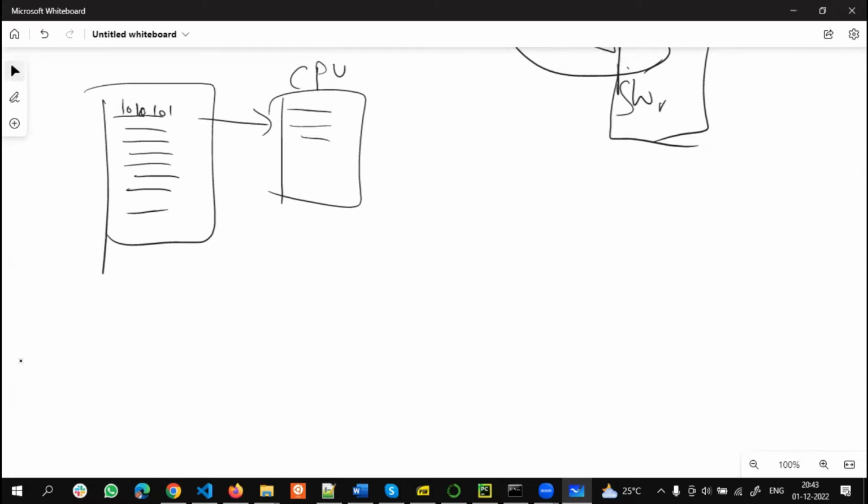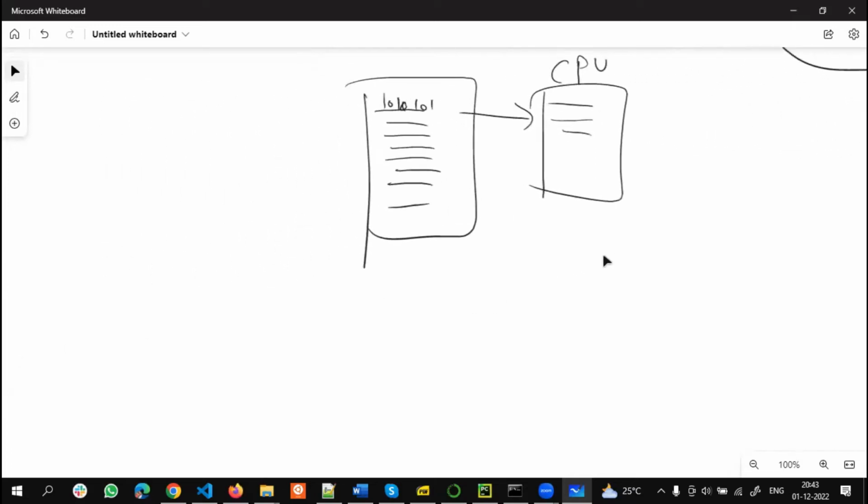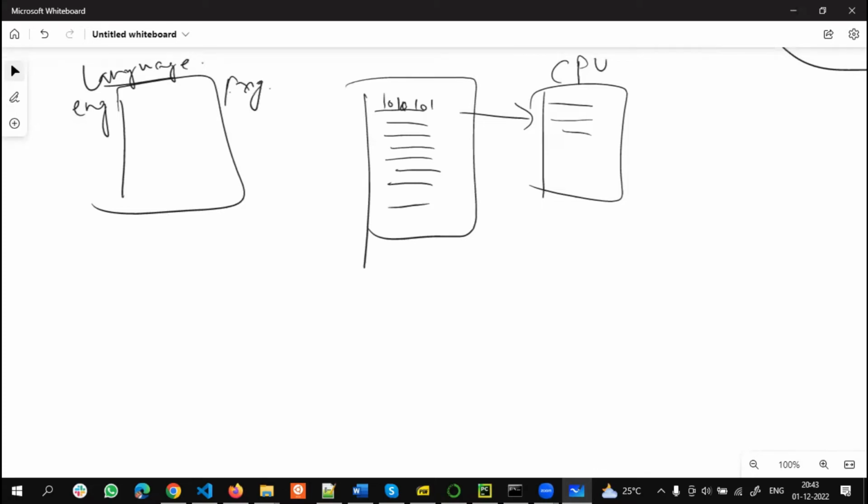and zeros. So what I'll do, I'll write the program in the language I'm comfortable in. Of course, when I say language, there are two aspects to it. One is the language that we speak, which is English. English is the universal language which is used in computers. And the other language that I'm talking about is the programming language. For now, it's not the programming language that I'm talking about, it's the English. So I'll be writing my program in English statements. These are like English